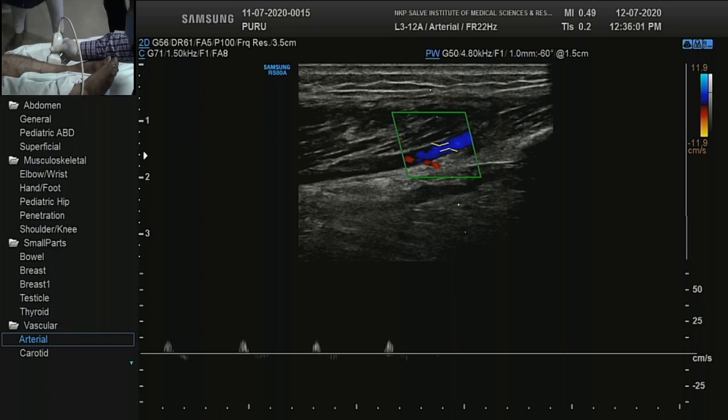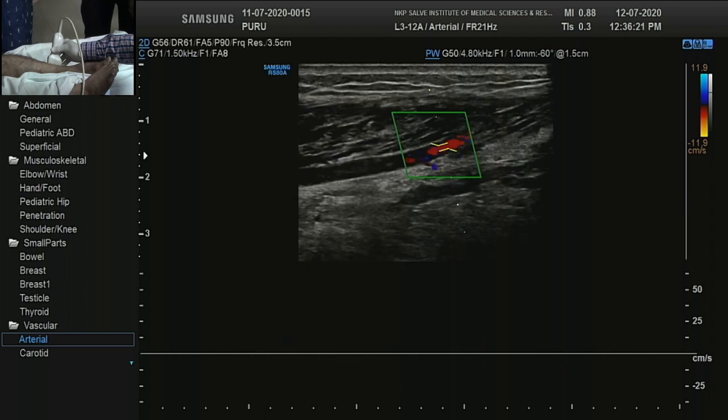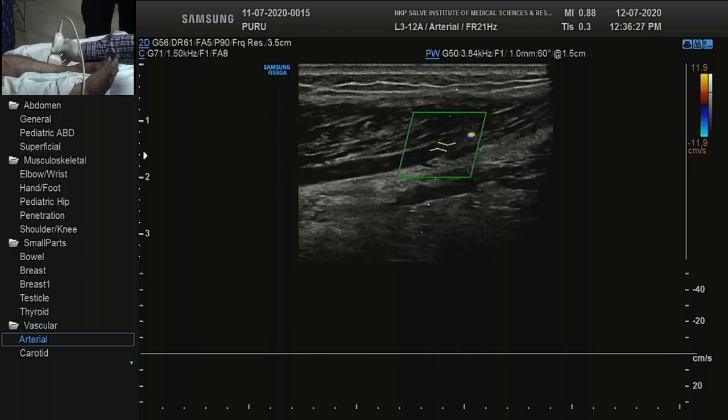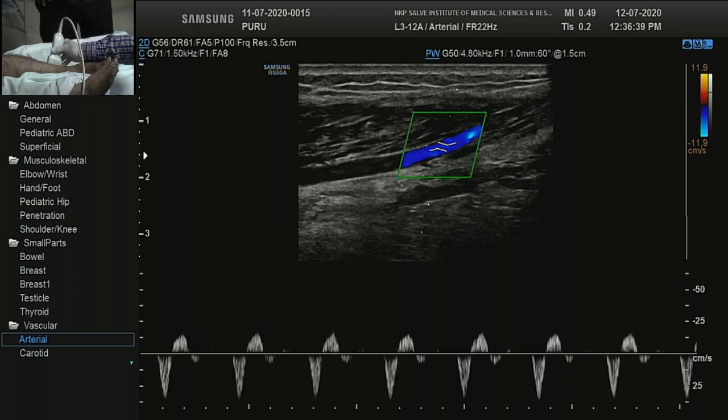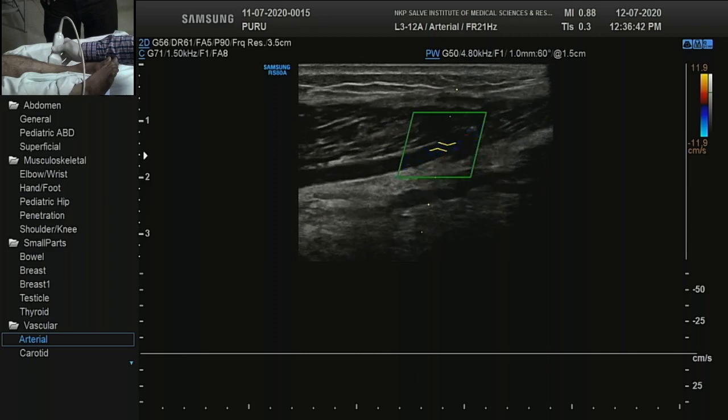See, many times our students say that everything is normal, the dorsalis pedis shows normal, but anterior tibial is not showing normal flow. This looks like a very dampened flow, spectral broadening, loss of triphasicity, everything is bad, patient doesn't have symptoms, what to do? So this is a technical fallacy, technical error we have made. So proper steering to the side, reducing the angle and getting proper sample volume, that helps us, and if you see it here, you can get a triphasic flow. So this was not abnormal. Our technique was not perfect.